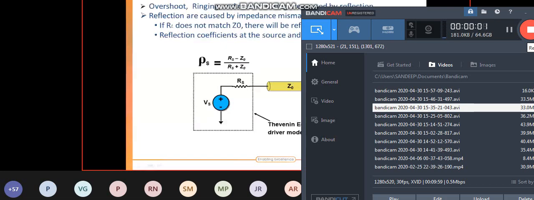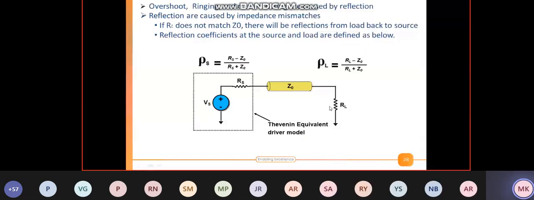With respect to transmission lines, you will also see a challenge called reflection. A reflection coefficient tells you how much energy is reflected back to the source. In case of reflection, the signal transmitting through the transmission line sees an impedance mismatch on the load side. It presents some amount of energy, which is reflected back to the source, and it keeps going on until it reaches a steady state condition.